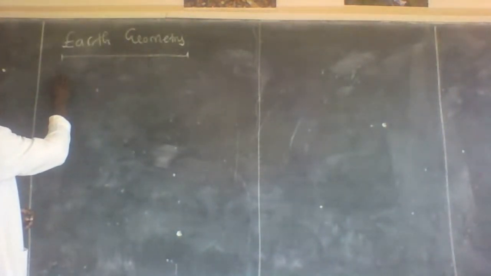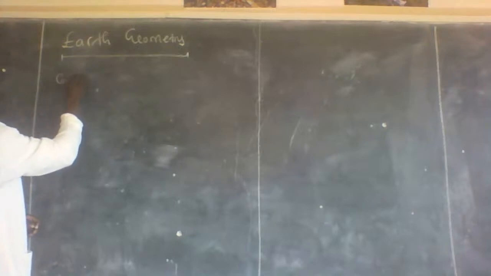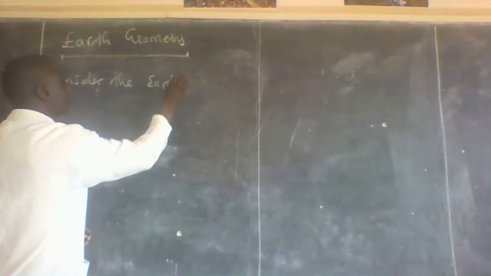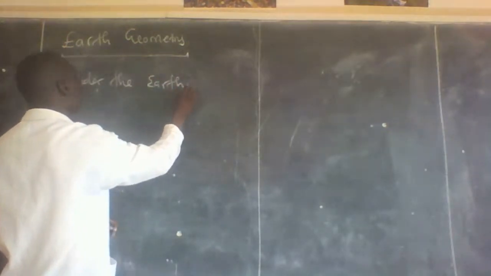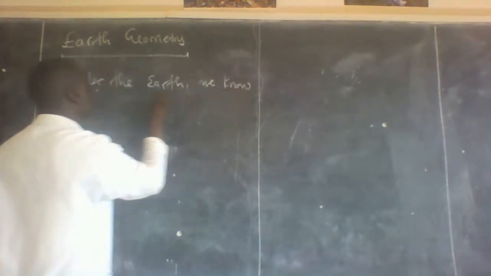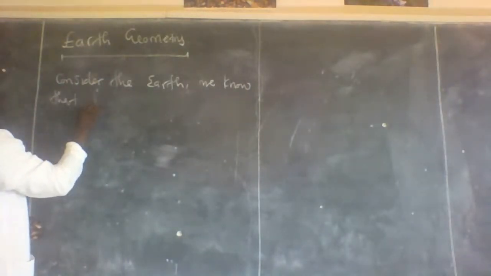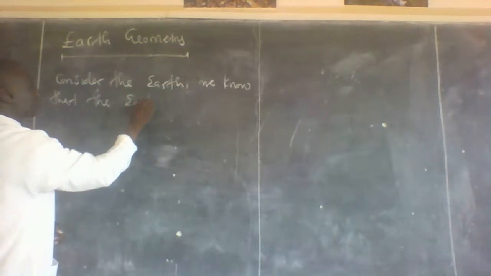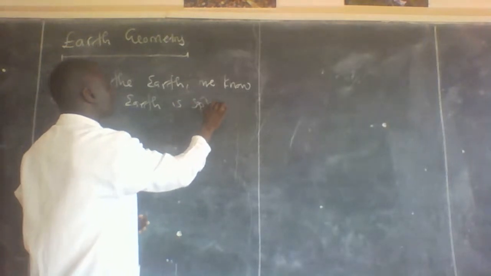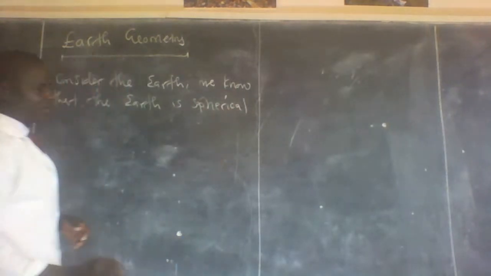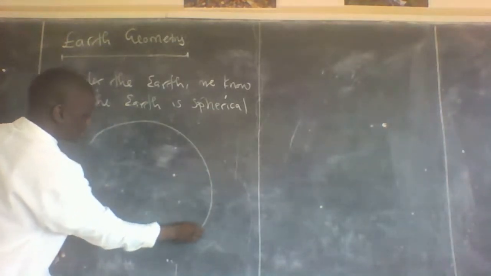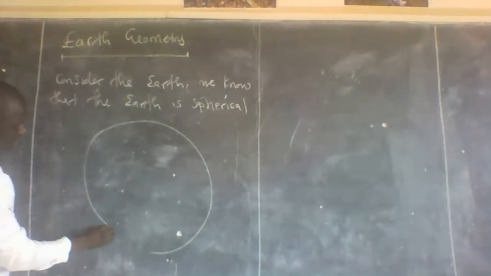So let's consider the earth. We know that the earth is spherical. The earth is not flat, but spherical in nature. So if you have a spherical shape like this, you'll find that